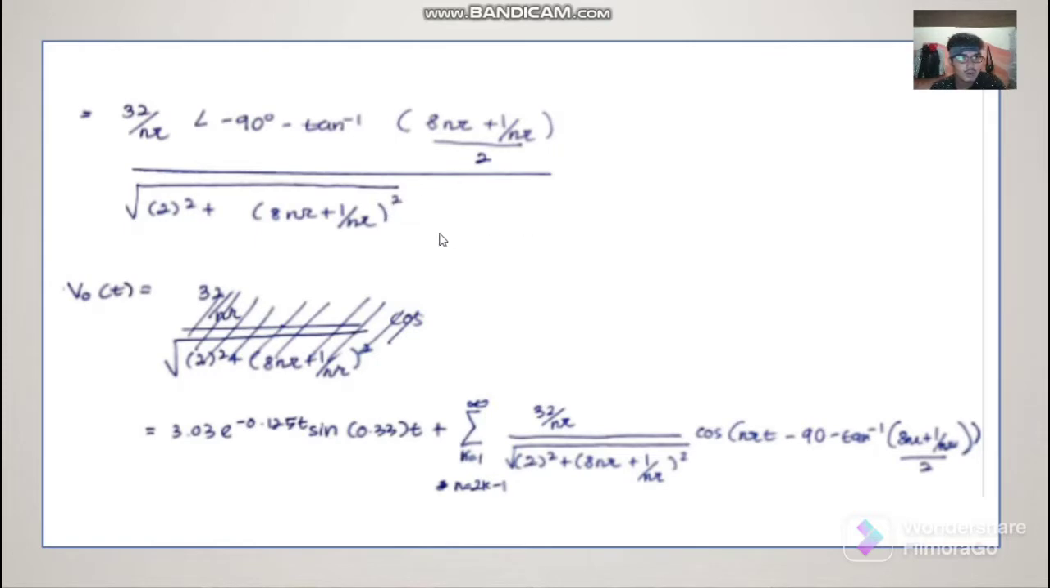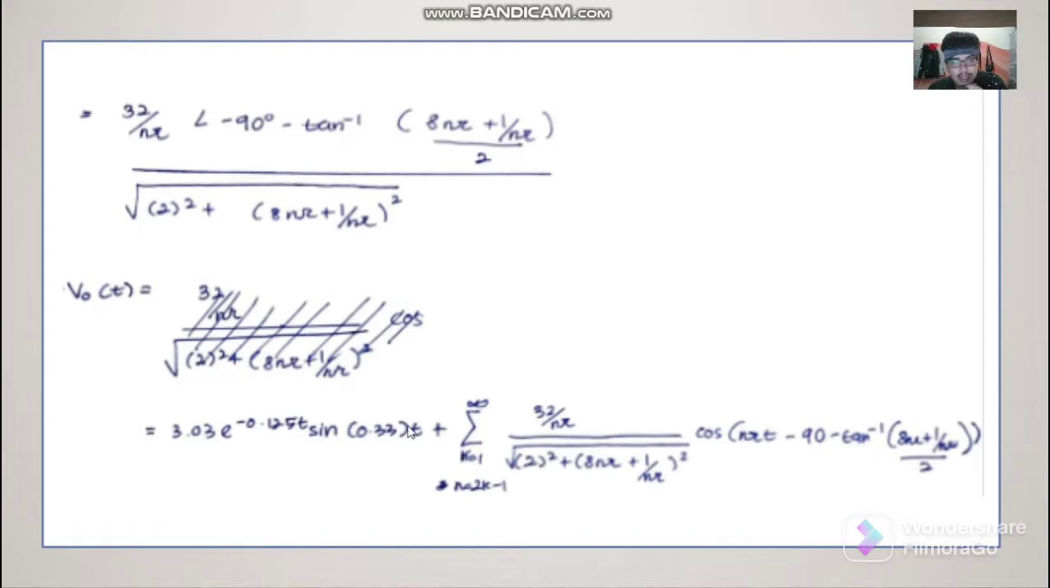So the VOT that we get, we convert. So we will get 3.03 exponent to the power of negative 0.125 t, sine times 0.33 t, plus the total k from negative 1 to infinity. So n equal to 2k minus 1, and then we put the value